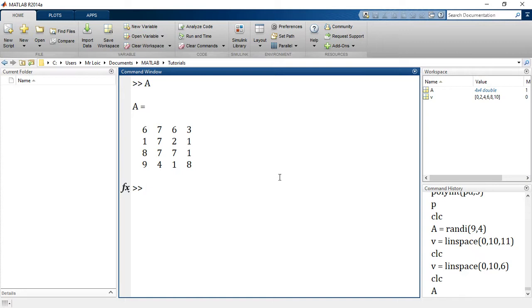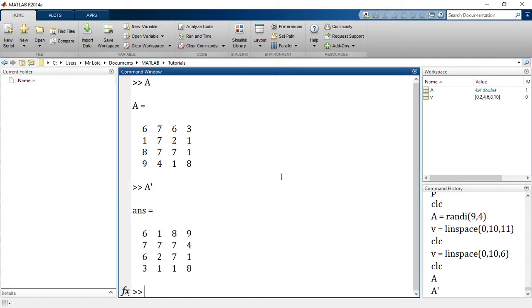Generally, if you see other MATLAB tutorials or even books, they will tell you to use a transpose, just the apostrophe like that. But I won't advise this, because if you look at the MATLAB help documentation, it tells you that it includes conjugates of complex numbers.